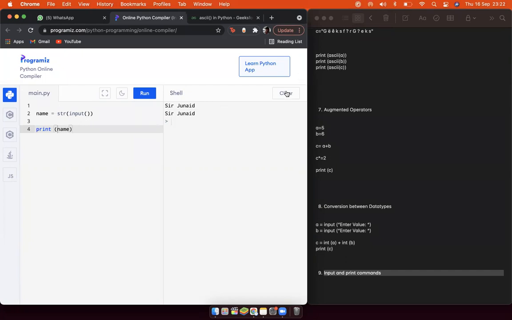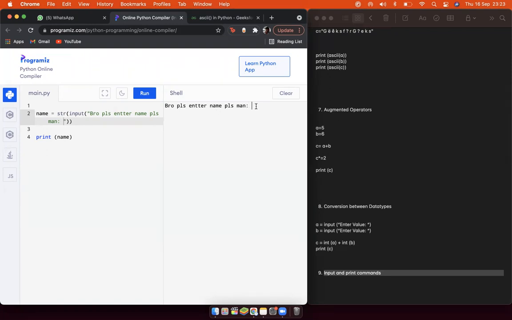So this is a bit confusing. To make it clearer and more understandable, in the brackets over here we can write a prompt, like, please enter name. Then you put a colon there and a space. The colon and the space do not do anything, they just make things a bit more understandable.